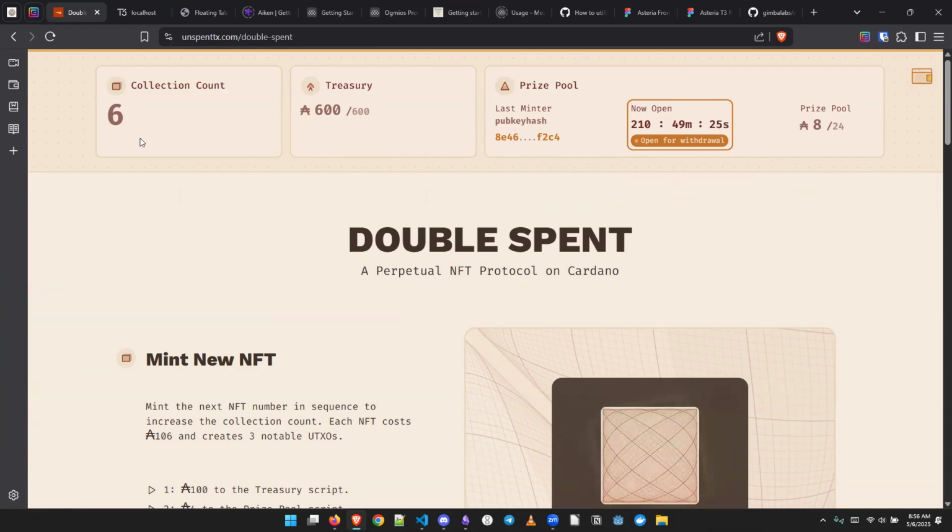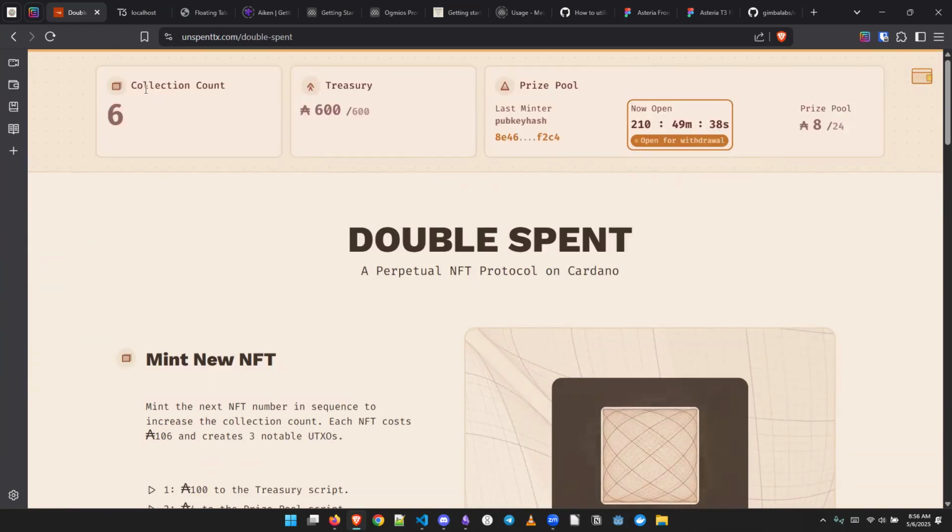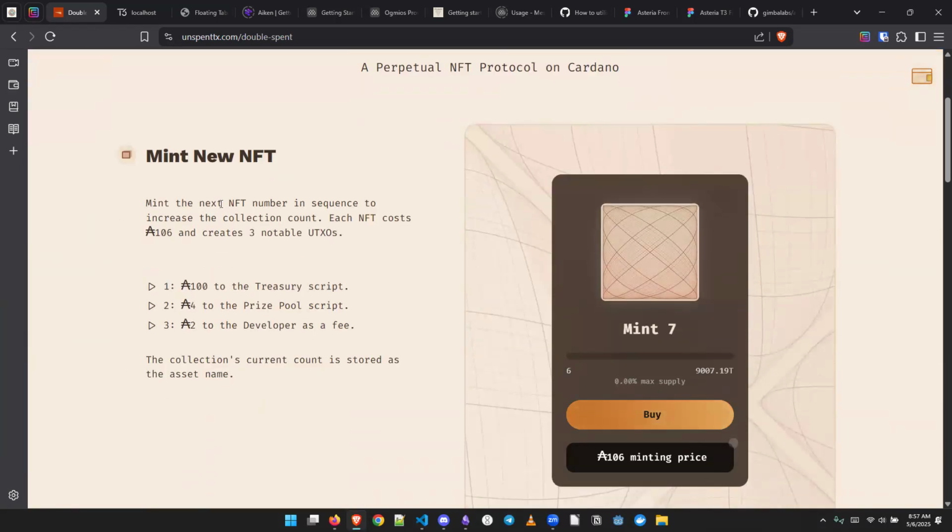Maybe, I guess that's not super codey, but it helps me. So the first thing to really grasp is that NFTs are counted in sequential order: 1, 2, 3, 4, 5, 6, 7. Right now there've been 6 minted, so the collection count is at 6. If you scroll down just a little bit to mint, you'll see you're going to mint number 7. When you buy that, it costs 106 ADA and creates 3 UTXOs. 100 goes to the treasury script,